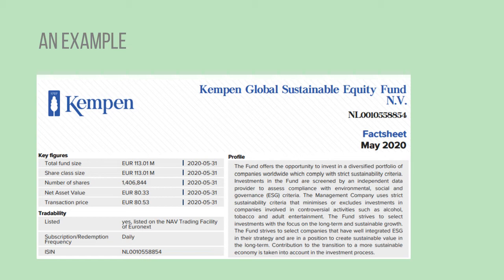And we'll go into this in a future video in more detail, but in this case you can see there's just one share class because it's also 113 million altogether for this one, which is the same as the total fund size. You can see the number of shares there are in this fund that you can buy, each share giving you access to their whole portfolio of companies, and they have about 1.4 million, and so you get the net asset value, which is kind of like a share price, which is the total assets or fund size of this fund, 113 million divided by 1.4 million, gives you 80 euros 33 cents.